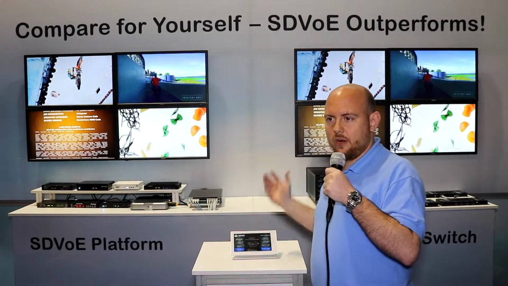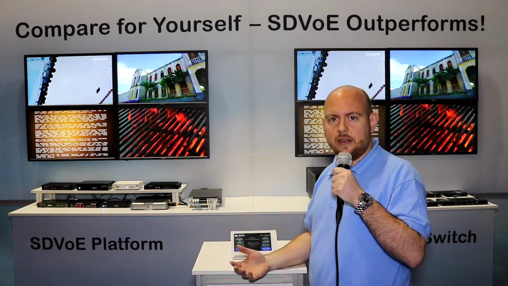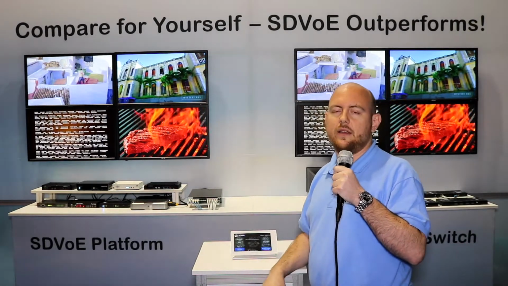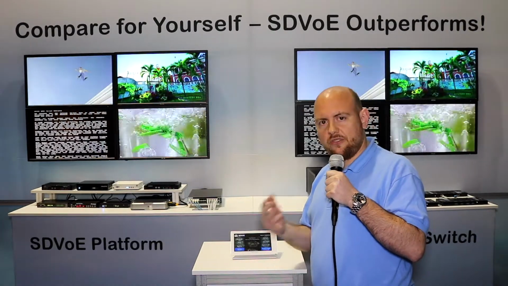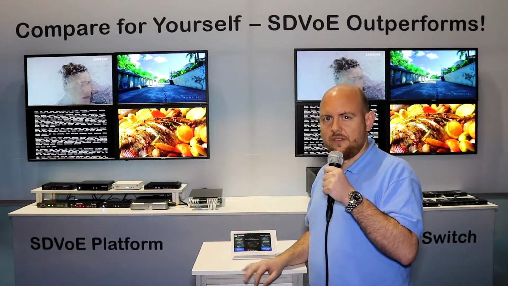Now the first thing we want to call attention to is the fact that the video quality on these systems is absolutely identical. SDVoE matches the performance of the matrix switch in image quality and latency. But when we start to actually use the system and investigate its capabilities, we see the differences and the advantages